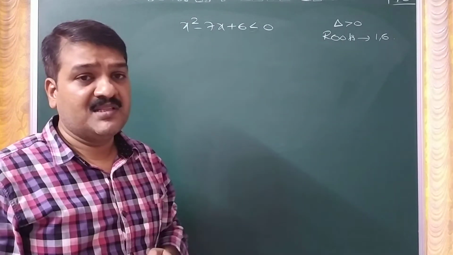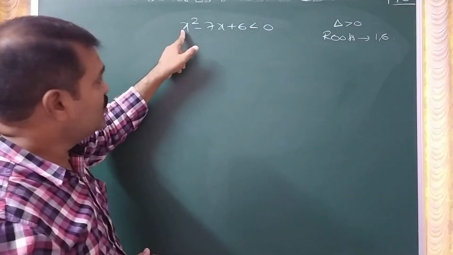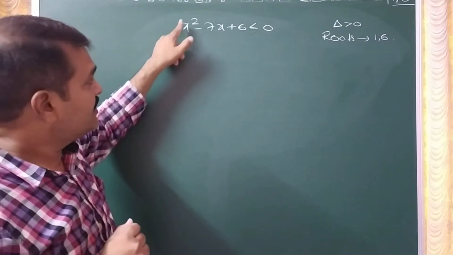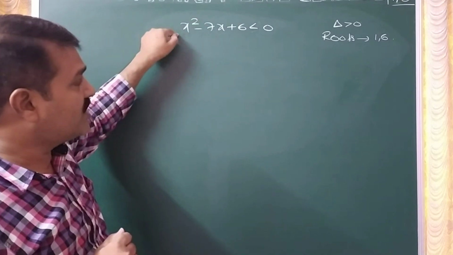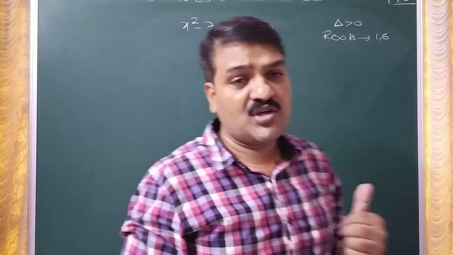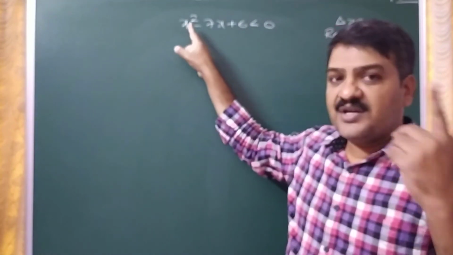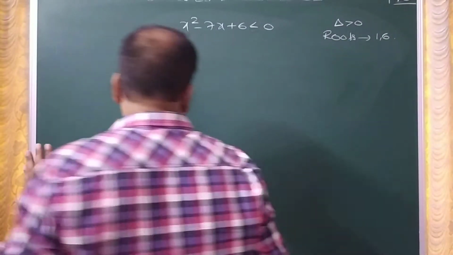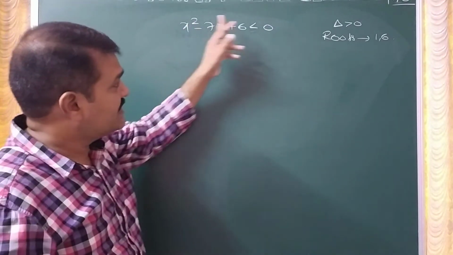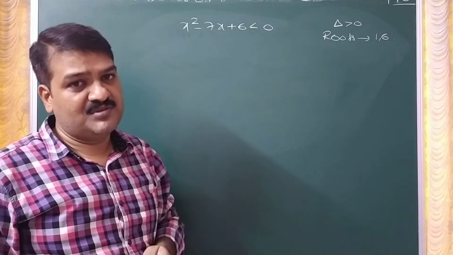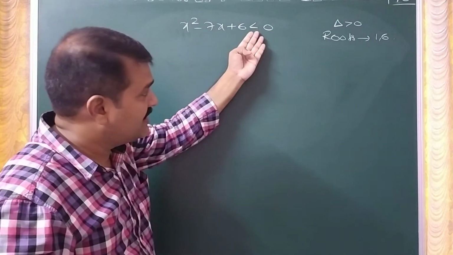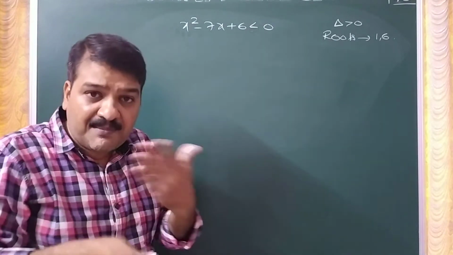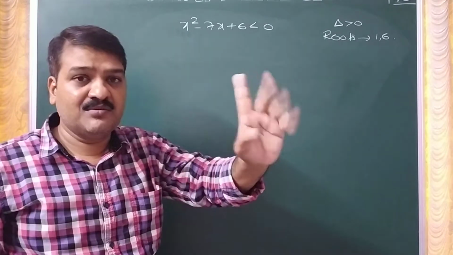So in the shortcut method, you always try to have this quadratic term coefficient positive. That means the quadratic, the x square term, must be positive in our shortcut discussion. If it is negative, you have to multiply with minus. The simple shortcut is, whenever you have less than symbol, take lies between the roots. Whenever you have greater than symbol, take does not lie between the roots. That's all. For this to be applicable, the quadratic term must be positive only.